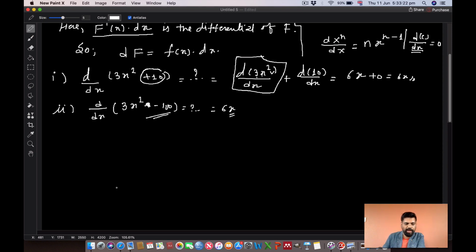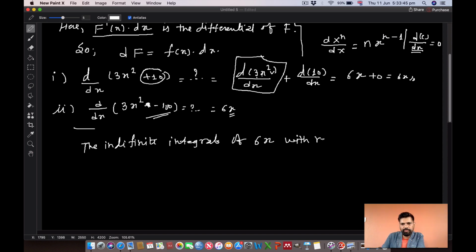So we know that the indefinite integral of 6x with respect to